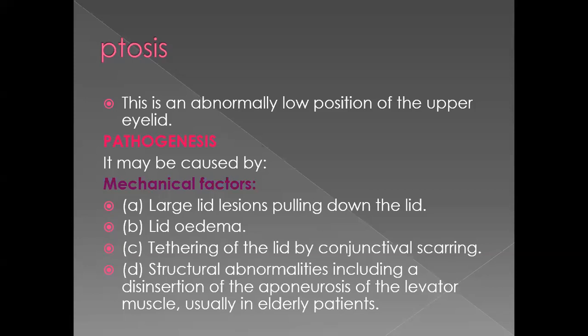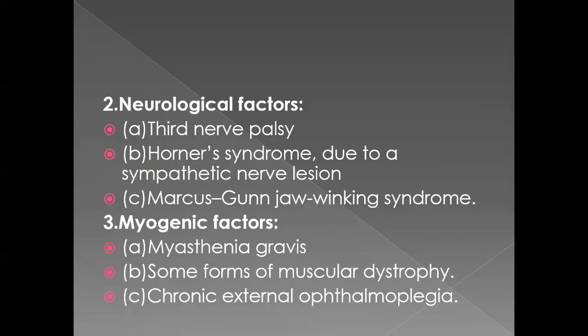Similarly, let's come back to the first point because this is the most important: lid lesion, large lid lesion. Let me give you an example. For example, if there is any chalazion on the eyelid, which is a swelling, or a big stye, or if there is any lid tumor, then it will cause drooping of the eyelid. Any tumor on the eyelid also bears weight and it will cause drooping of the eyelids. So this all comes into the mechanical factors, then the neurological factors.